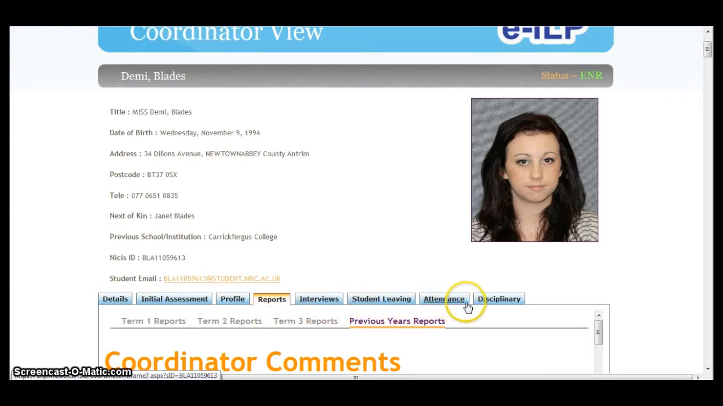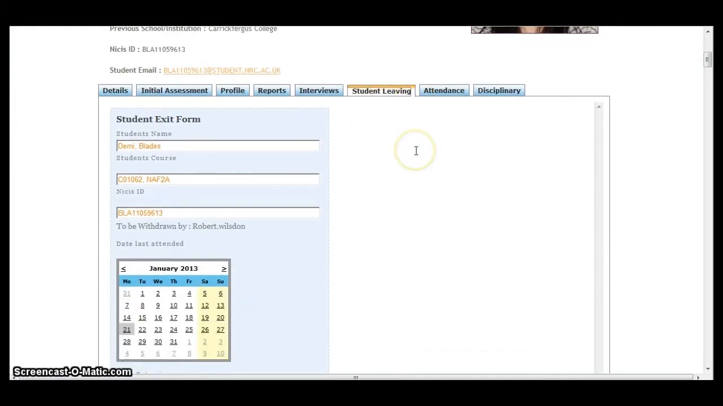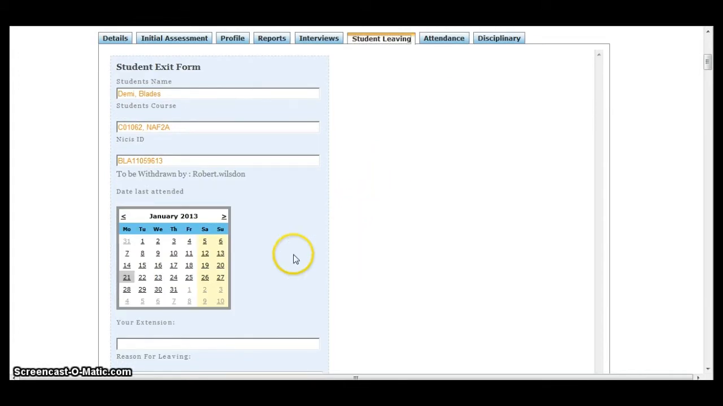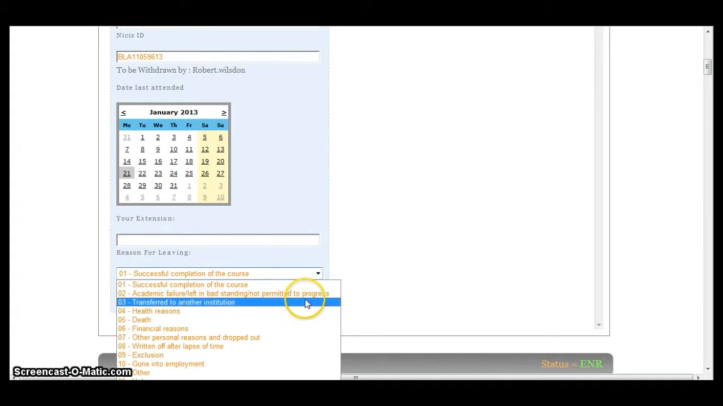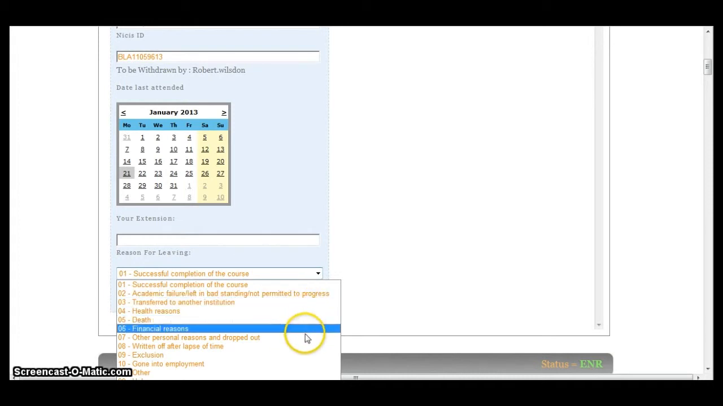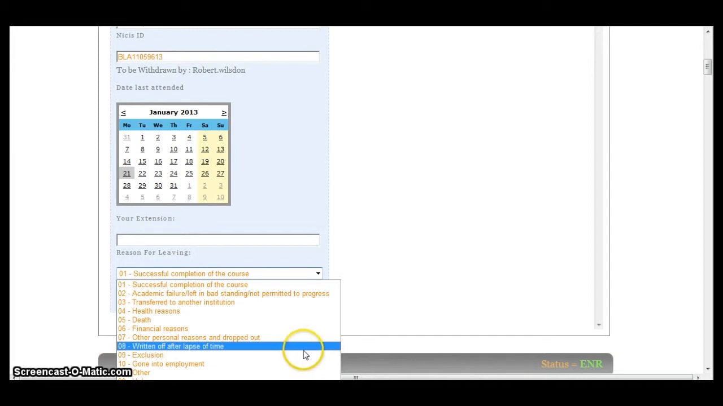Also the options as well, we can have a look at their attendance as we can do as a lecturer, and we can put down if the student has left the program, if they've got a job or moved on somewhere else. We have that option to come down here, select the day that this particular student left, the last day that they were present, put in our extension number if we have one, and the reason from this preset list, whether it was transferred to another institution, financial reasons, etc., or written off after a lapse of time